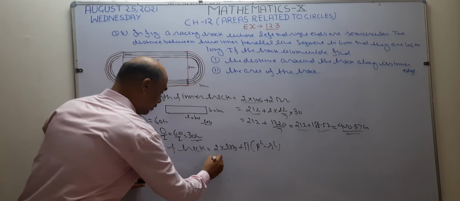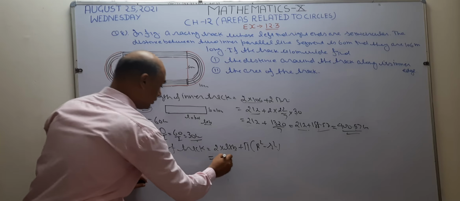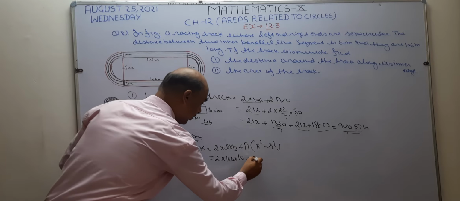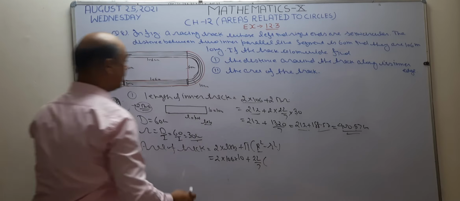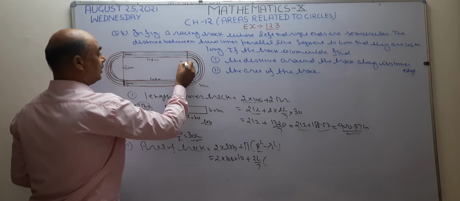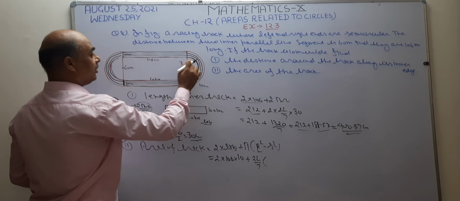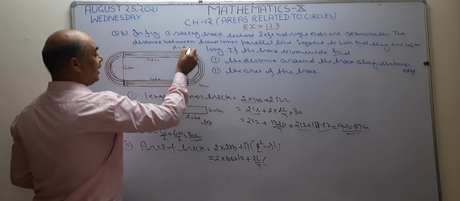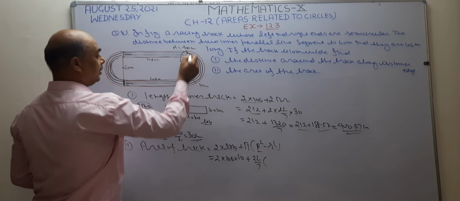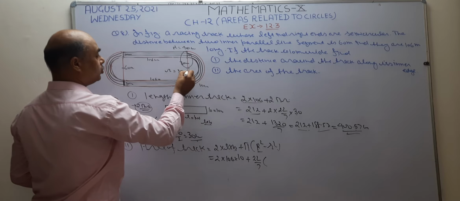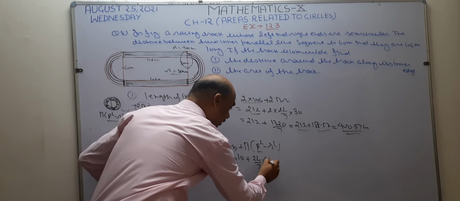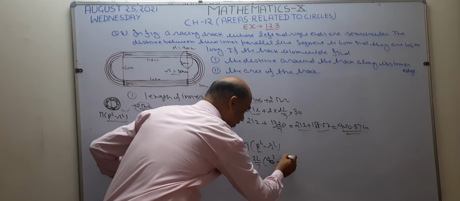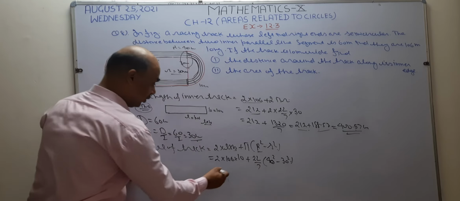Okay. Now what is the length? Length is 106. What is breadth? Breadth is 10. Right here 10. Pi is 22 by 7. What is capital R? See, this is the radius of the small circle. When you add this 10, this becomes capital R. So capital R becomes 40 meter, and small r is 30 meter. So instead of capital R, we are going to write here 40 square, and instead of small r, we write here 30 square. Clear?